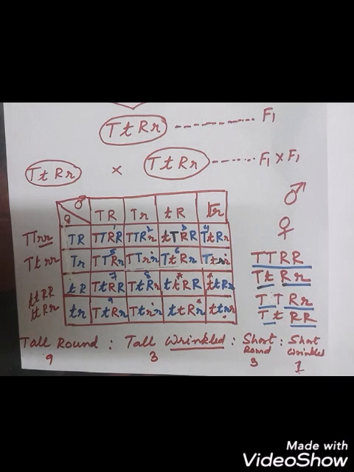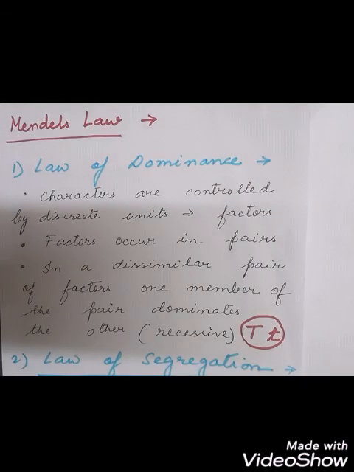But first of all, let us make it clear that this dihybrid cross is for the inheritance of 2 genes and the monohybrid cross is for the inheritance of 1 gene. And the phenotypic ratio that can be seen from outside is called the phenotype. So in the dihybrid cross this ratio is always 9:3:3:1, and the recessive one is the minimum number, that is 1. So now we will come to Mendel's laws, the first law of dominance.